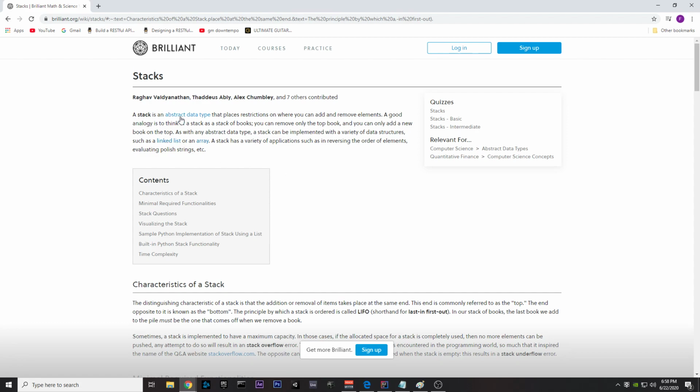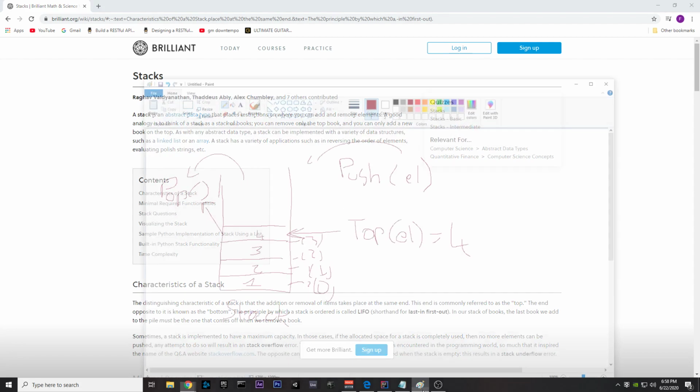So they claim that a stack is an abstract data type that places restrictions on where you can add and remove elements. So the difference between a stack and an array is basically that a stack follows a certain constraint, which is last in, first out. So if we just open up Paint right here,